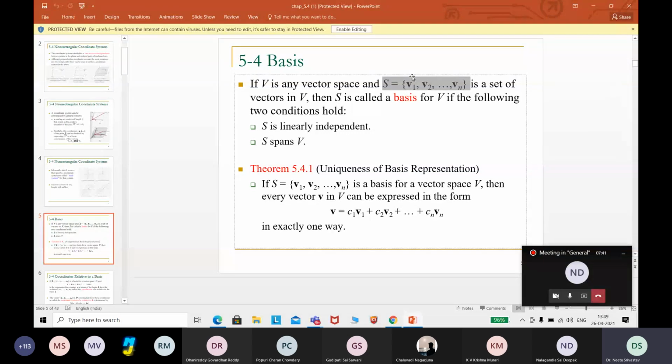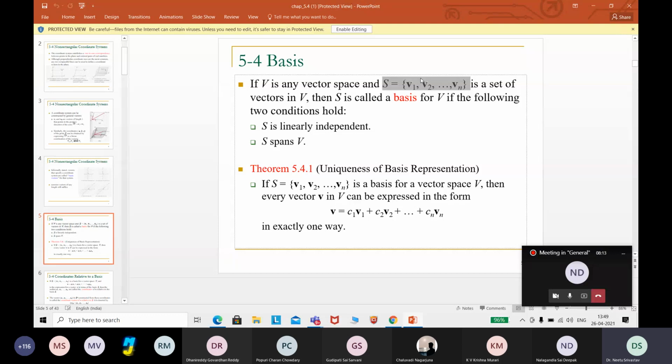When it comes to linear independence, you have to check the condition that the linear combination C1V1 plus C2V2 and so on, of whatever vectors you have in S, should be equal to 0 only for all Ci equal to 0, only for coefficients equal to 0. Then only it is linearly independent. And we saw the geometrical aspect also, how it is going to be represented. I showed you that with i, j, k.